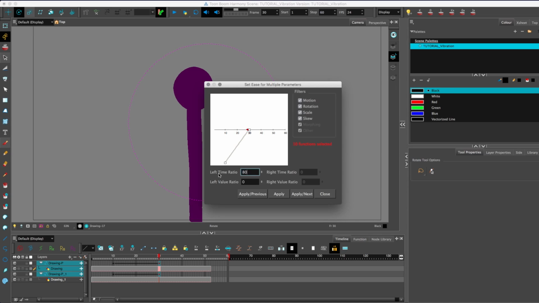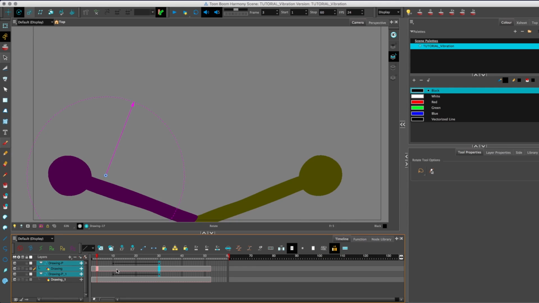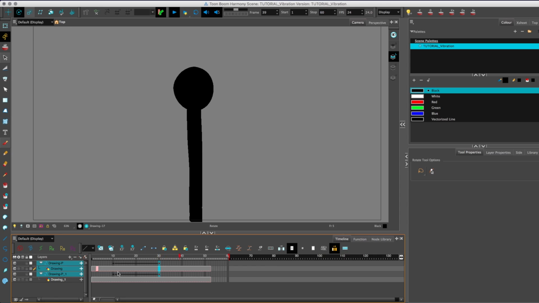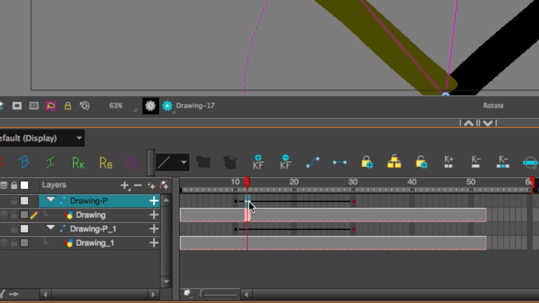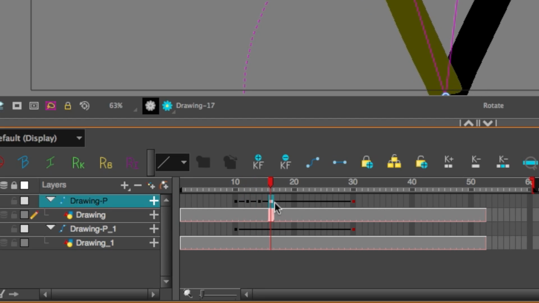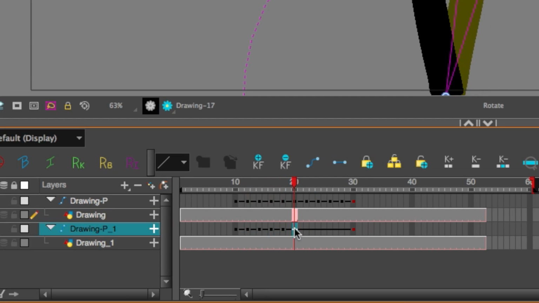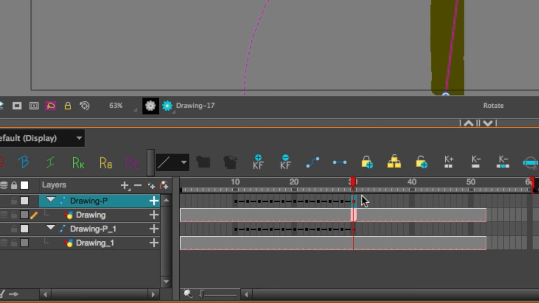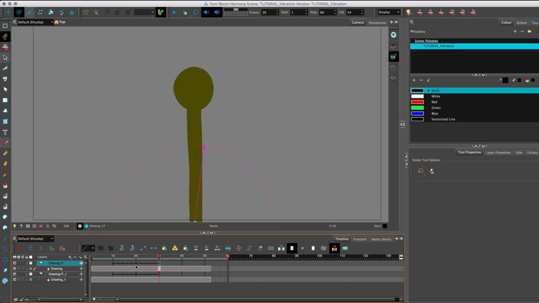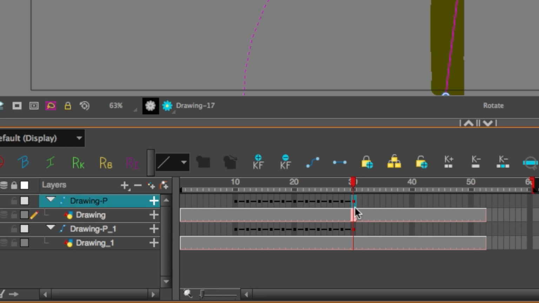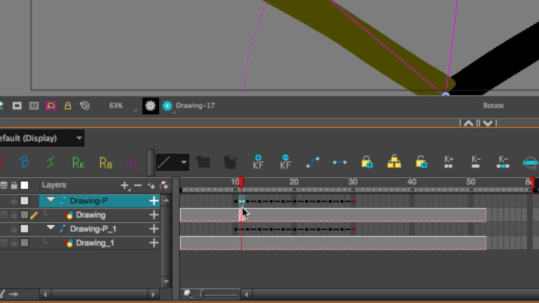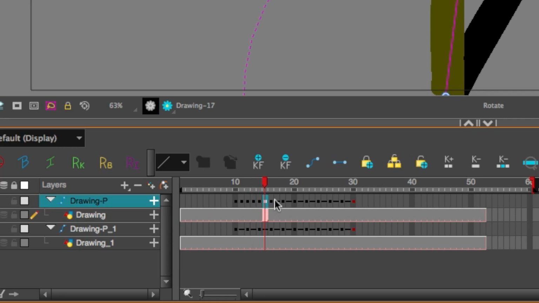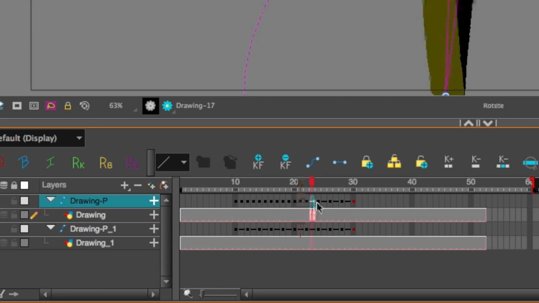I'm gonna take it even further, pull it up to 80. So we get this, zoom, like that. And this time, only put a new keyframe down on every second frame, like this. Do it on both layers, and take the final keyframe of it standing completely upright, copy that, and paste it into every single one of the gaps across both layers.